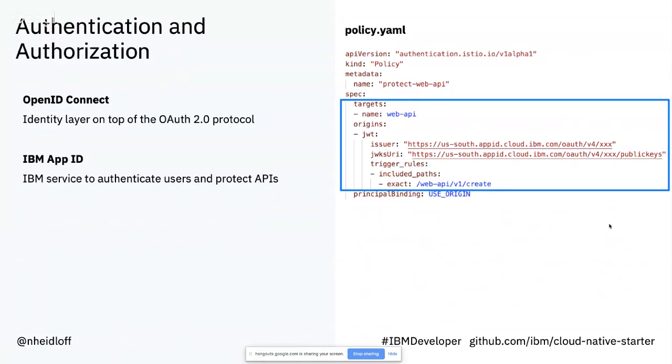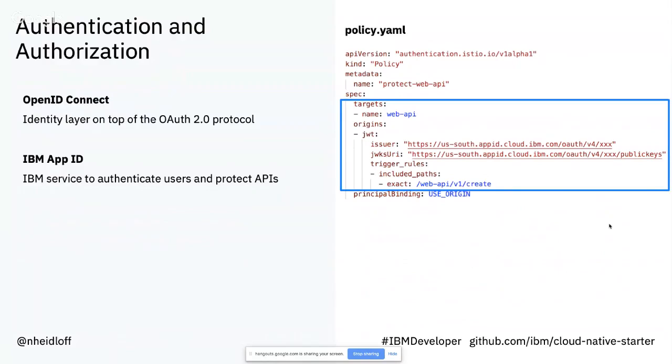Now, in order to do authentication and authorization, I really want to go with standards here. And I think the standard way to do that these days is to use OpenID Connect, which is an extension of OAuth. In other words, it gives you an access token, but also an identity token, which means you can use it for both authentication and authorization. And for example, when you use it together with JWT tokens, the JSON Web Tokens, there is nice documentation in Istio that tells you how you can